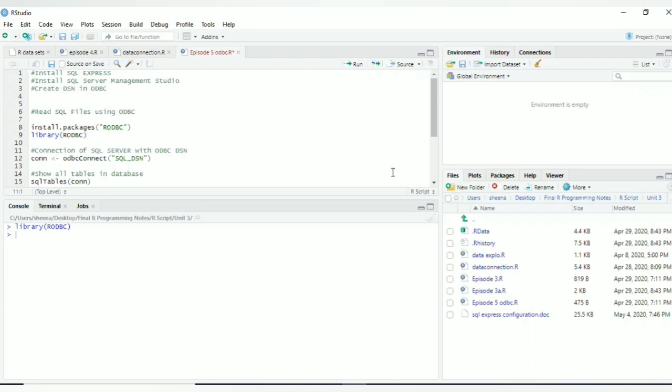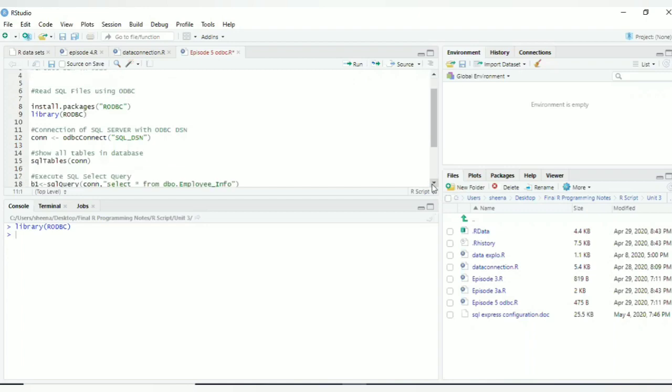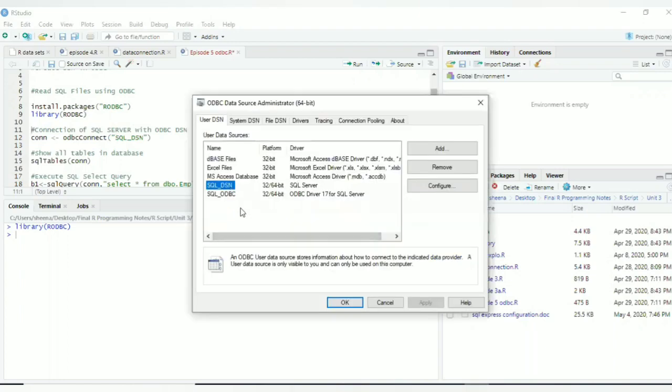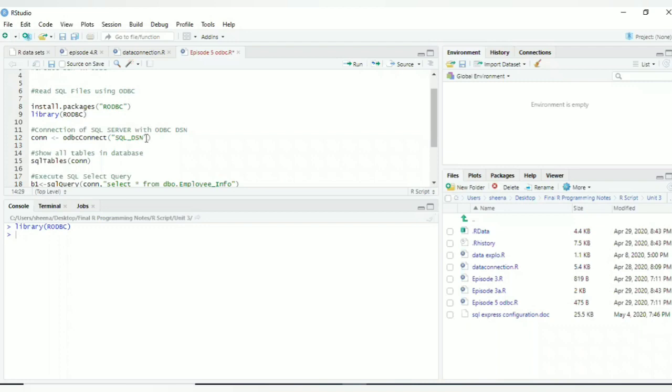After that, I will establish a connection with ODBC using the odbcConnect function. Here I will mention my SQL DSN which I have created in the ODBC DSN. The same I will mention here as the DSN name, and the function is odbcConnect, and I will pass my DSN name here and the variable is connection.